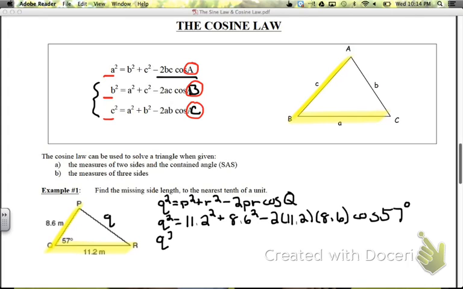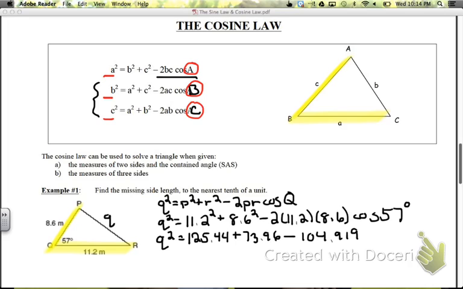So now we can just do some calculations here. 11.2 squared is 125.44, plus 8.6 squared is 73.96, minus, now with your calculator here, some people might feel more comfortable first doing your cos 57 and then multiplying it by your three other terms here, or you can just put it all in at once, however you feel most comfortable with. So when I put those values in, I get